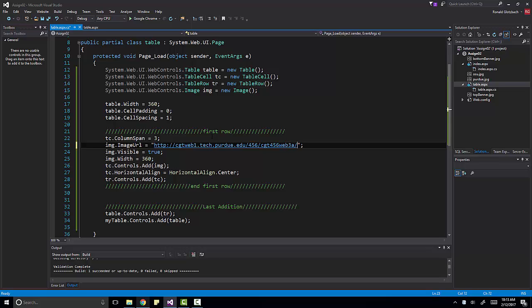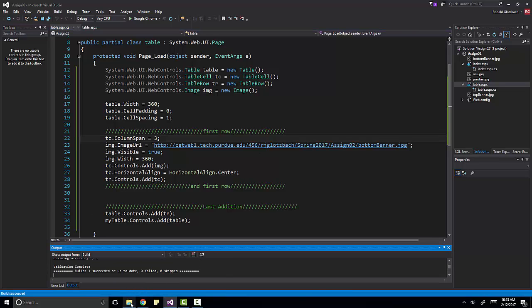Mine is going to be a little different. Yours would be that, then lab 02, and then it would point to bottom banner.jpg. So that would be yours, where this is your folder here. Now, as I said, mine's a little bit different, so I will adjust it for mine. But now, before it will work, I have to put those images up on the server. So I'm going to go ahead and build that, but then I'm going to come back to